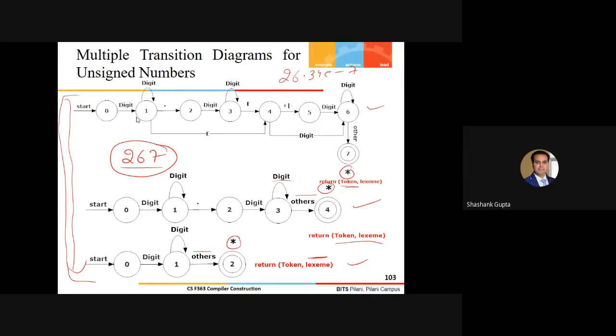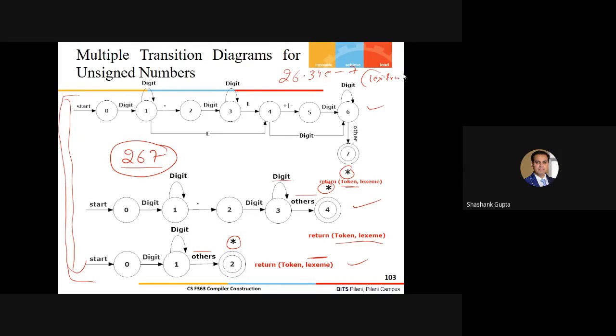Like you said, the first transition diagram will say, okay, I have read 2, 6, 7 from here, but hereafter I cannot consume this dot. So what should I do? I should not immediately throw the lexical error. I will record this particular output, the lexical error, in some buffer. And I'll say, let me trace some other transition diagrams, and if any of those transition diagrams, in some proper sequence, does not give me the lexical error, then I'll return that particular thing.